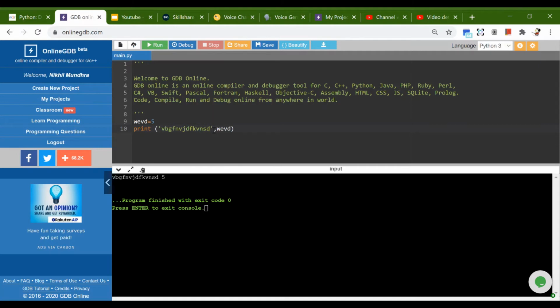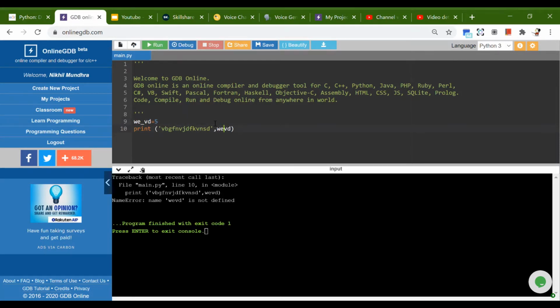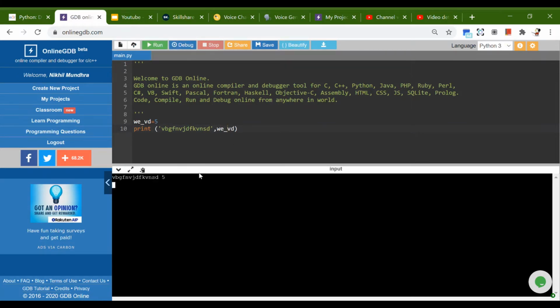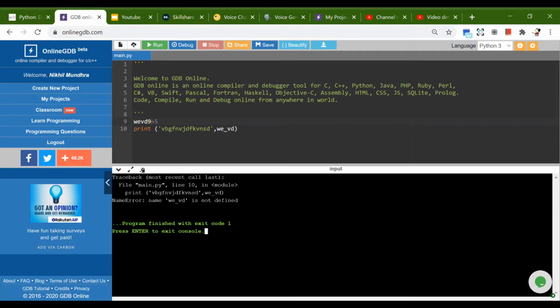You cannot put a space in between variable names, but you can put an underscore there in place of the space, because you cannot leave space between variables. It's a rule of Python, so it works in that way also. And you can also put a numerical in the alphabet without leaving a space, so it also works there.